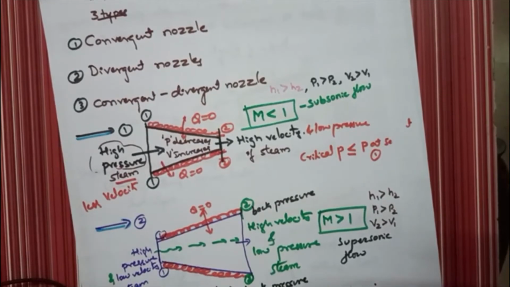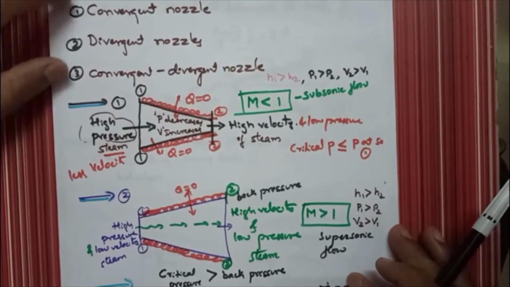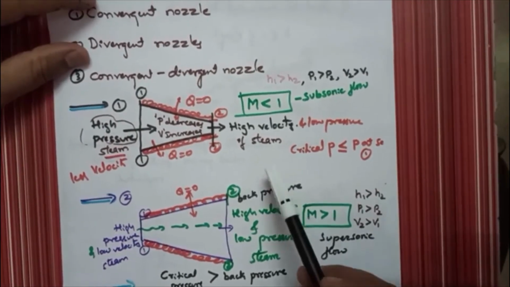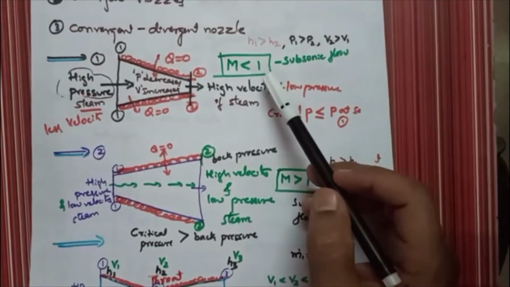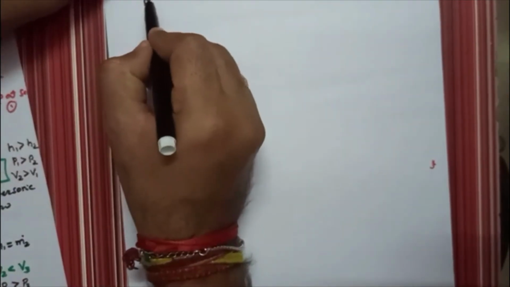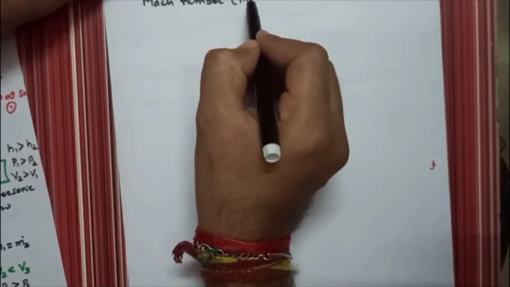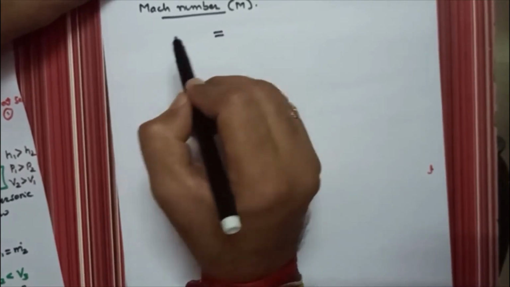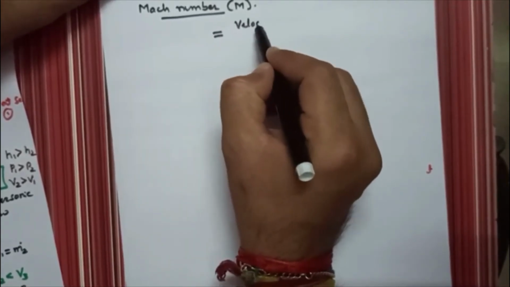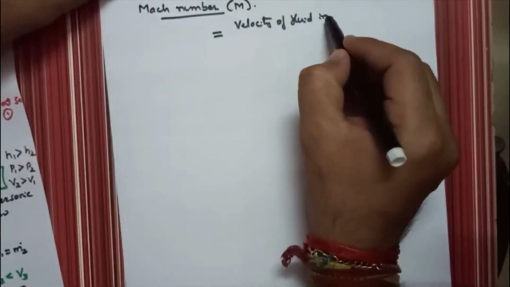Okay, so these are the three types of nozzles in the syllabus. Now we'll discuss what is Mach number, because in these three types we have written Mach number. Mach number will be represented with the letter M. Mach number is defined as the ratio of velocity of fluid in a nozzle